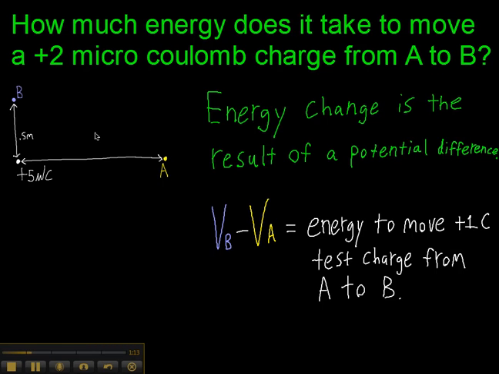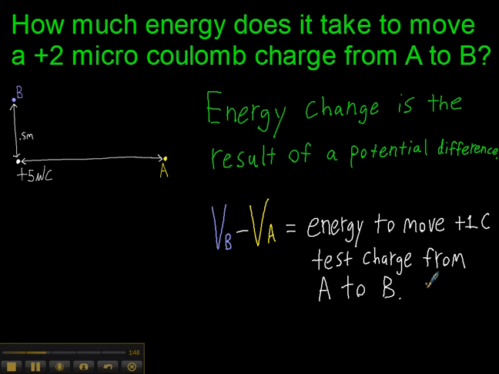And it really doesn't matter what path we take. You could go straight to it, or you could take some loopy thing. Your change in potential energy, the amount it takes to get up the hill, depends on how high you climbed and nothing more. Hopefully you were convinced about that when we talked about just regular potential energy for gravitational. So what we have to do is calculate the potential at both of the locations. We got to find it at location B and at location A. And the difference between those potentials tells you how much energy it takes to move a +1 coulomb test charge